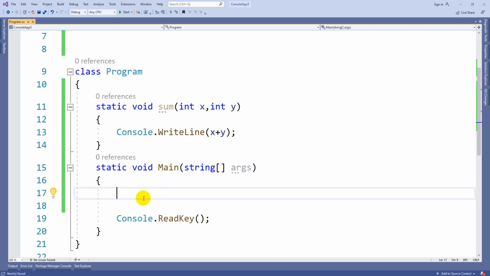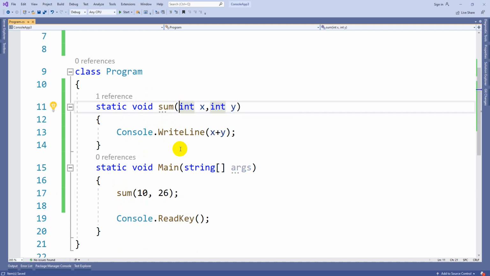So we have a static method, so that I can directly call sum of 10 comma some value, and it will get executed. Normally, if you see this sum function, these two need to be written like this: in int x, in int y, that means input integer x, input integer y. This is what we actually need to write, but nowadays we make it in a short form, without this in keyword. You should understand that when there is no specific keyword, that variable will be treated as for reading the input for the function.